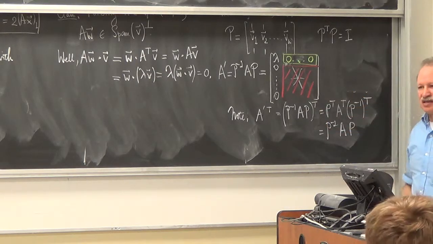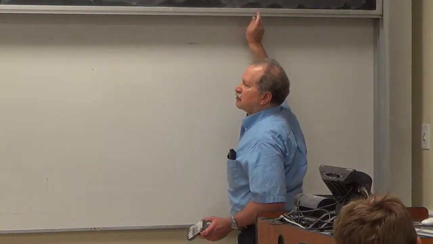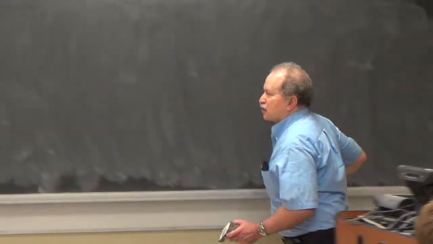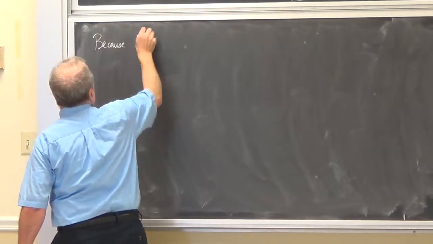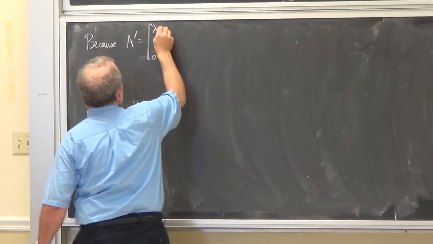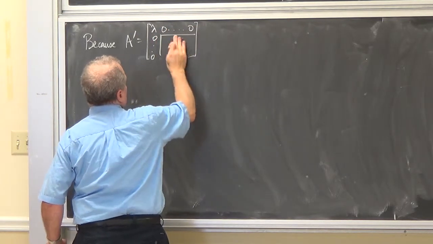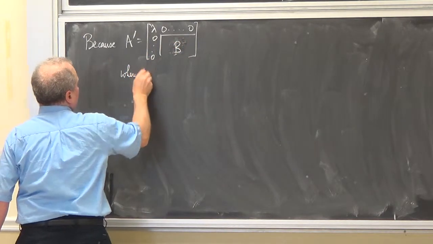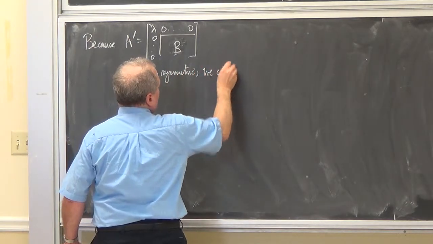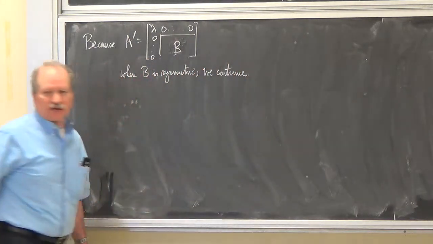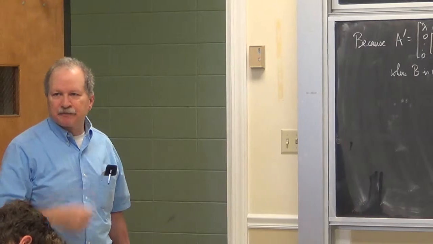So now you repeat the process. Now you do induction. And that's the end of the proof. So now because A prime is of this form, let's just say B, where B is symmetric, we continue. And so now you pick a new basis for the perp. So the first vector for that is an eigenvector, and keep going.